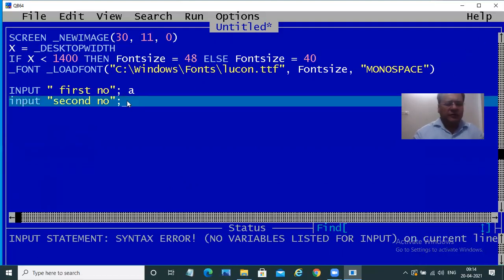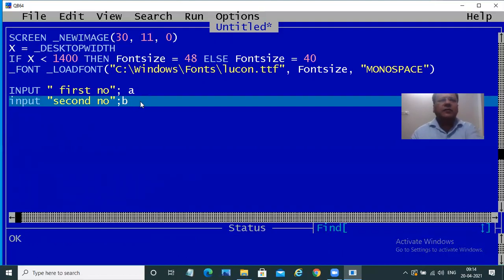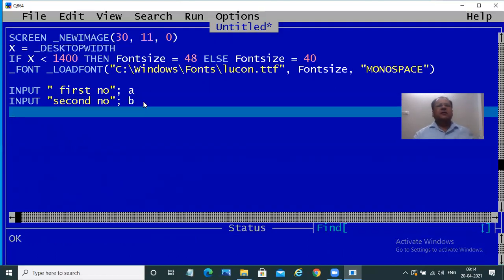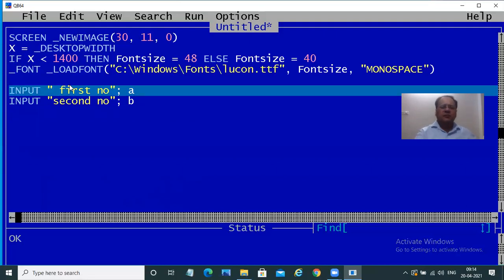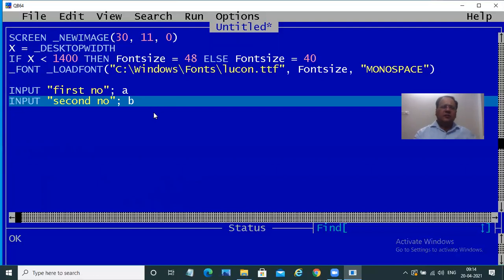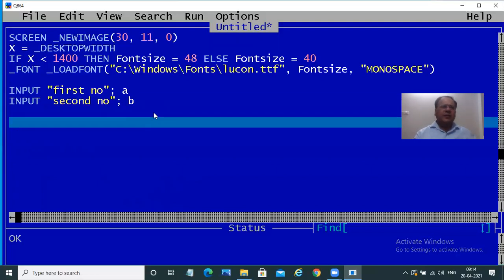I have not given a value, so whenever there is an error, it will display in a red color line. Okay, so here input first number, input second number. Two numbers we are inputting, A and B. Now, if these two numbers are inputted, I'll say now print, we'll set the different relations.